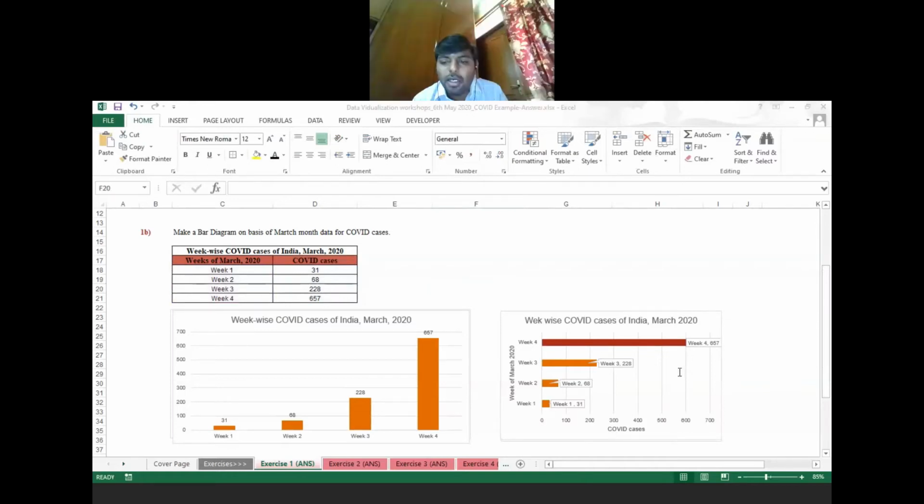Those who are not able to open the Excel sheet, actually, it's the latest version. I have sent the lower version 2 minutes back. Dr. Arasi and other people have sent a message that they were not able to open the Excel sheet. I hope now you can open the file. We have converted it to the lower version and shared it with you. Once you make the chart, let us know, so that accordingly we can plan to proceed further.